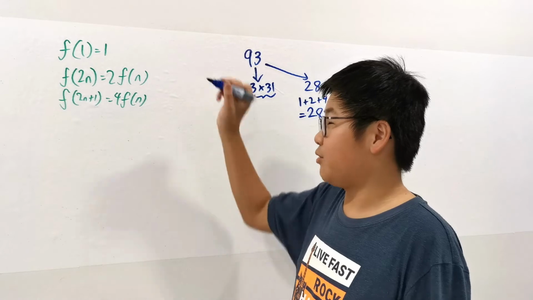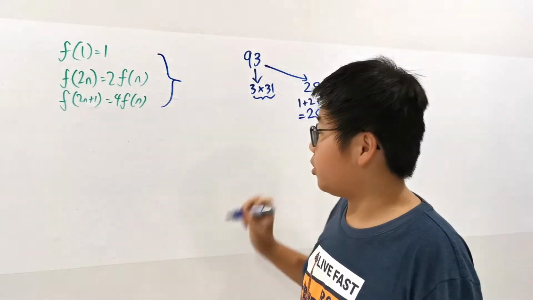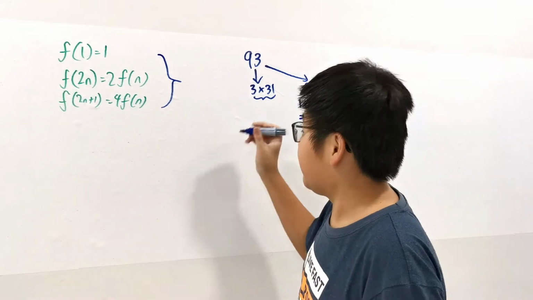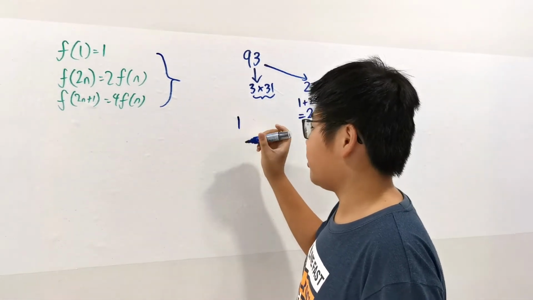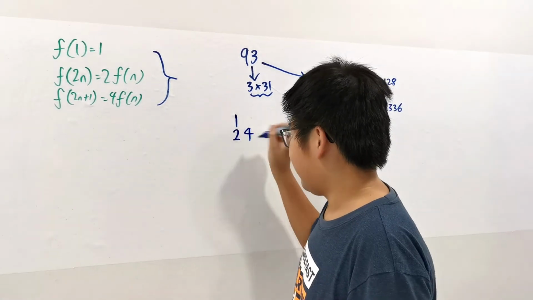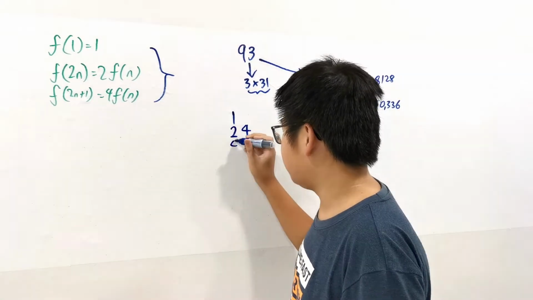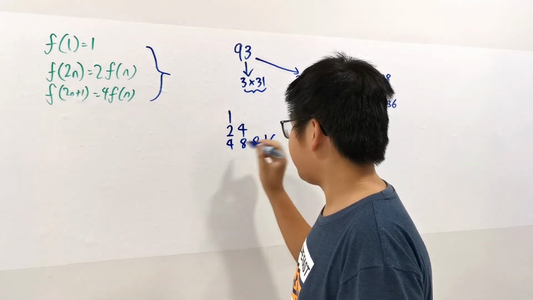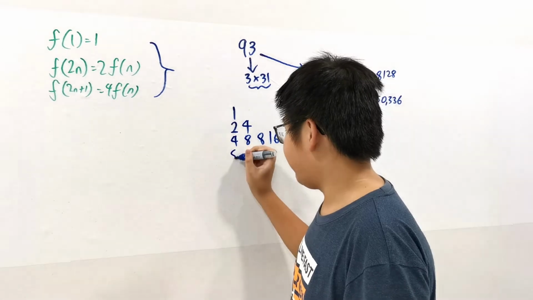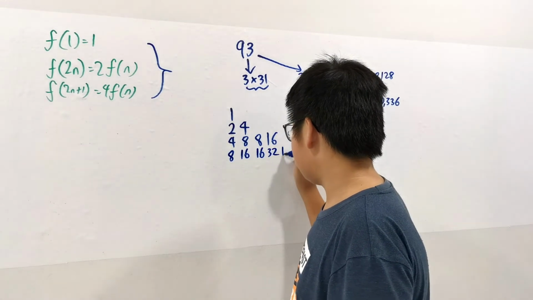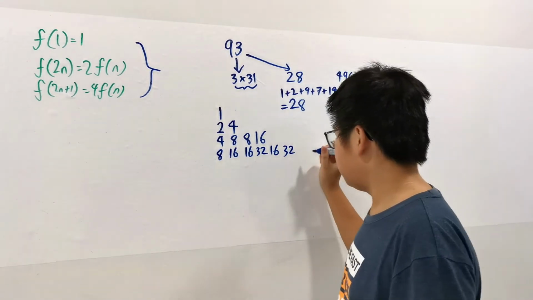Okay, so this MAT question gives us a function. So what do we do? As with any other function, we start at the beginning. 1, and then for the second term, we put it down here. 2, 4, and then we put the doubles 4, 8, and then we put doubles right after 4, 8, 8, 16. Then we have 8, 16, 16, 32, 16, 32,